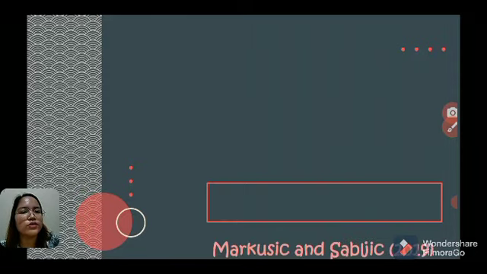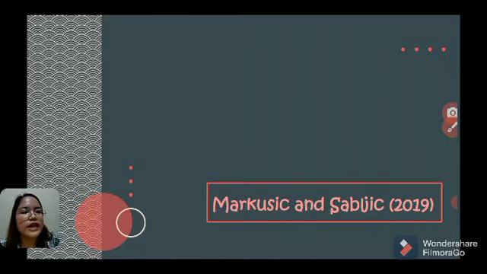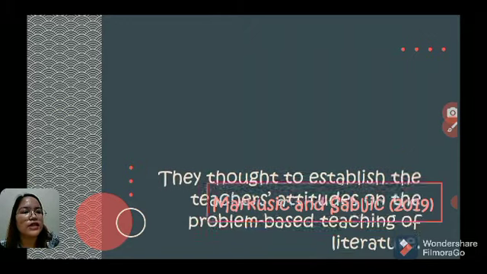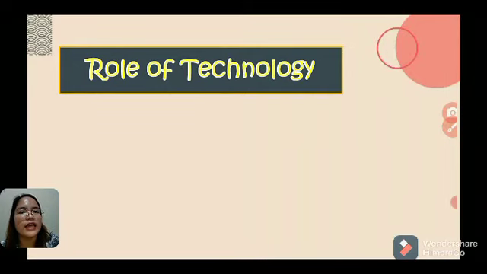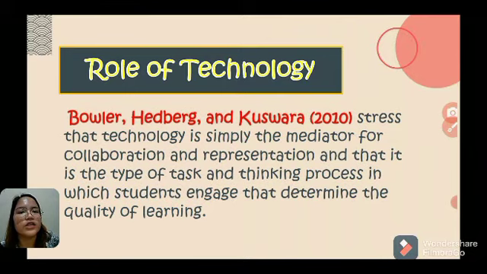And according to Mark Kusik and Sibuik 2019, they sought to establish the teachers' attitudes on the problem-based teaching of literature. And on the role of technology, Bowler, Hedberg, and Kuswara 2010 stressed that technology is simply the mediator for collaboration and representation, and that it is the type of task and thinking process in which students engage that determines the quality of learning.